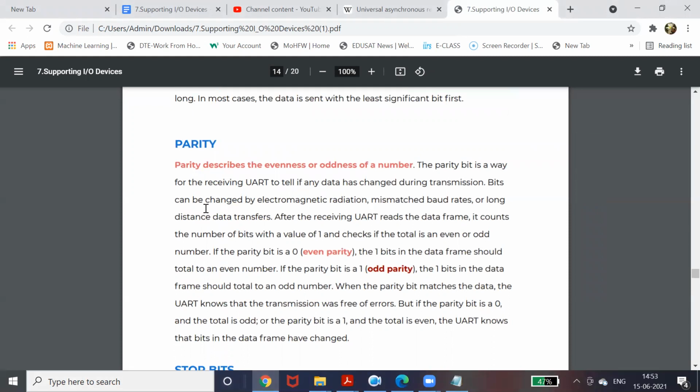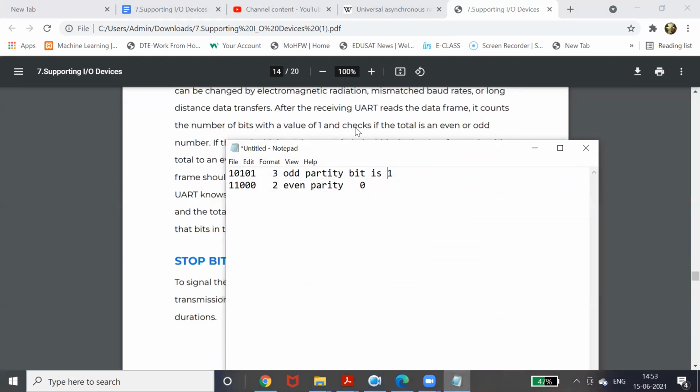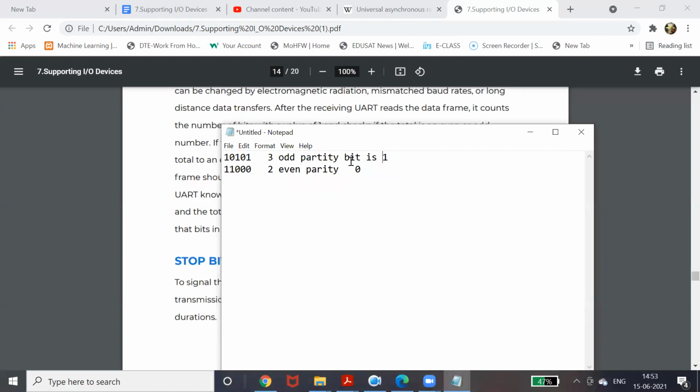So it is actually used to check the correctness of that particular data, whether it is received correctly or not. To find out the error, this parity is used. Now how exactly will it find the error? Suppose you are transmitting data and parity is 1. And at the receiver, suppose you receive data like this: 1 1 0 0 0 1. Is it correct data? No, it is not correct data. It has been changed. But how will the receiver identify whether it is changed or not?